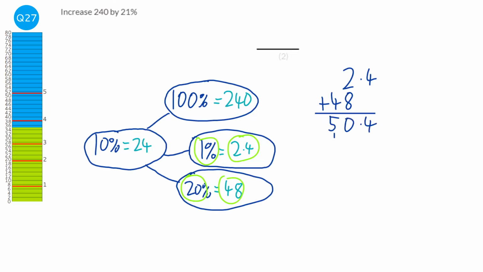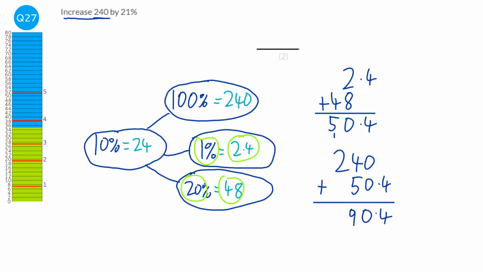So 50.4, but it says to increase 240 by that amount. So we need to add the 50.4. Probably, again, don't need to show the working out for this, we can do this in our heads, but it's a bit easier to see what we're doing. So the answer would be